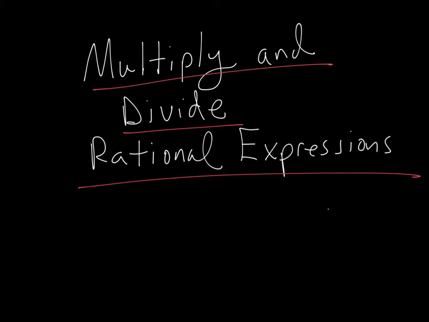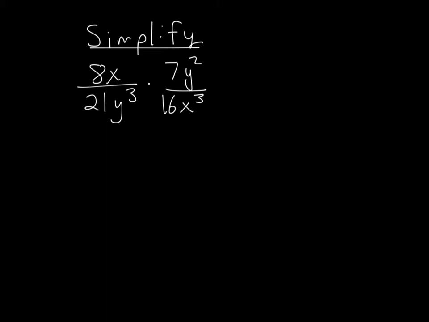Let's take a look. So here's our first example. As you can see, we have a fraction here times a fraction here. On the last lesson, we were just working with one fraction. Now we have a couple of them. So let me give you a little peek of what's coming up here. We're going to start with something that just has a bunch of monomials. There's a hunk of stuff, hunk of stuff, hunk of stuff, hunk of stuff. But then coming up,